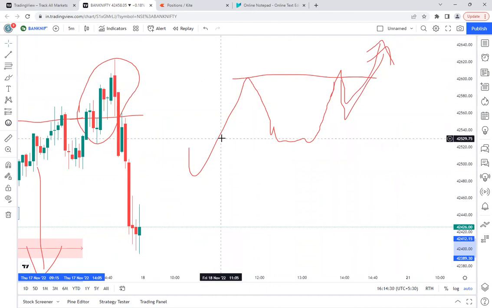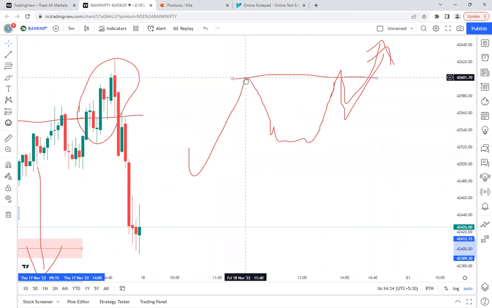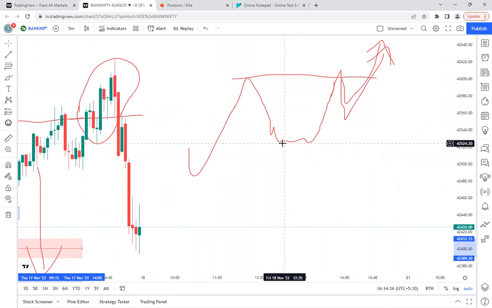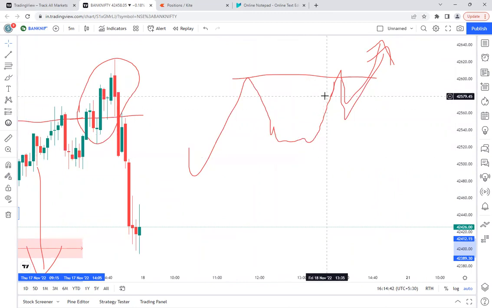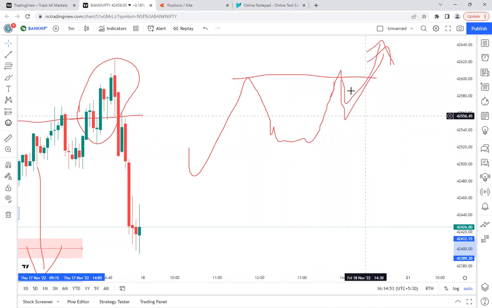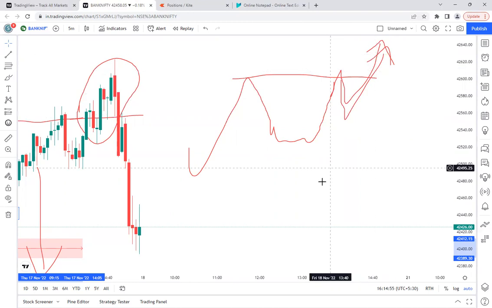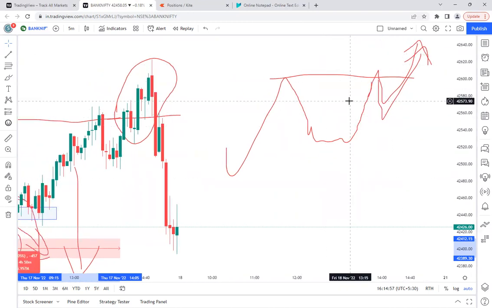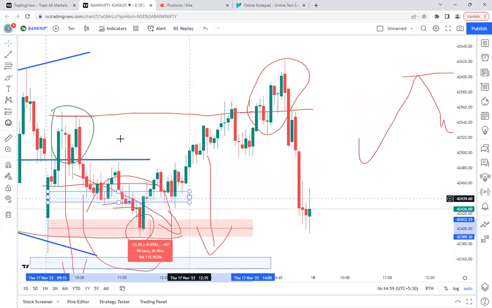As I will explain, once any price or stock goes up in the day, and if it falls to some extent, and if it tries to go up to the same level and reaches that level, that means the buyers are very strong in the movement, and they will book some profit or trap some sellers here, and again they will go up. So that is one important point I want to highlight in today's price action.